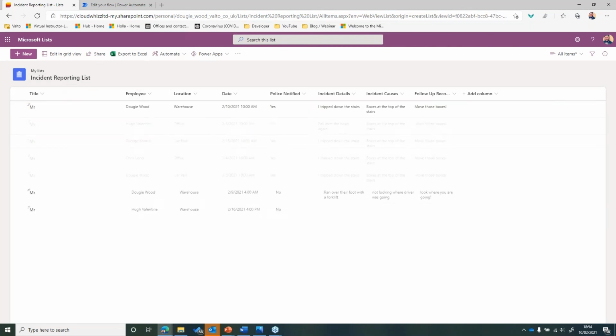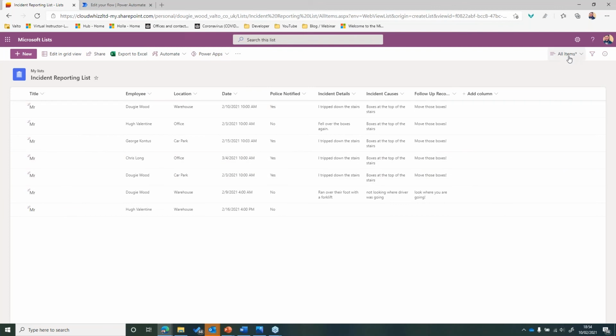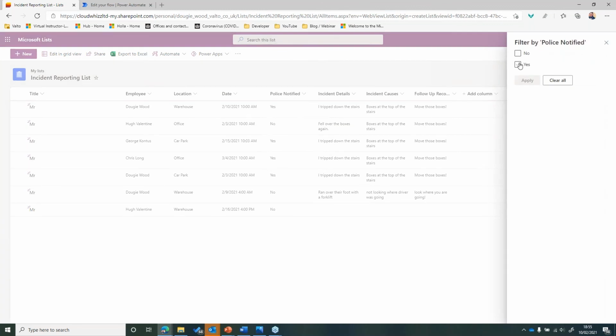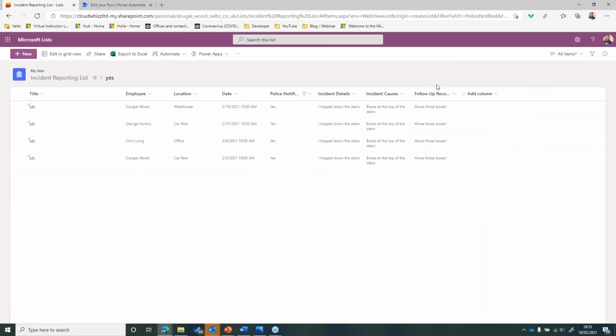Now, by default, inside of your list, you'll notice there's a view across the top. This is our view selector. That's called all items, and it's going to show us all items regardless of any filters. But we can create our own, almost like reports, out of this by filtering these down and saving those views. So let's say, for example, I'm only interested in where the police have been notified. I could filter this down and say, yes, I only want to see ones where the police have been notified. And then I'm going to save this view